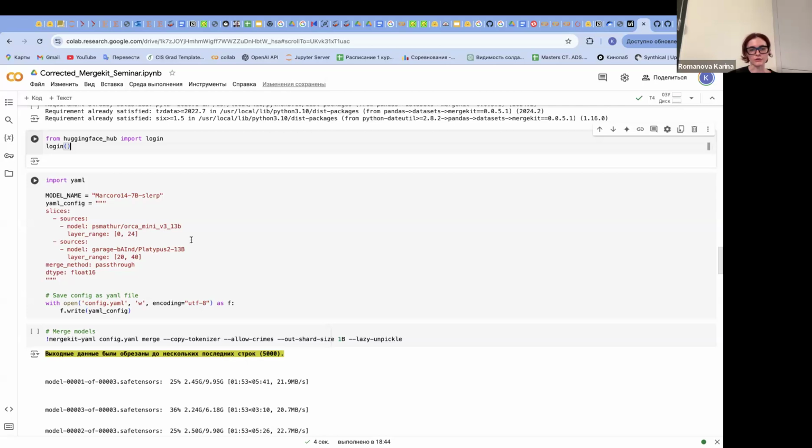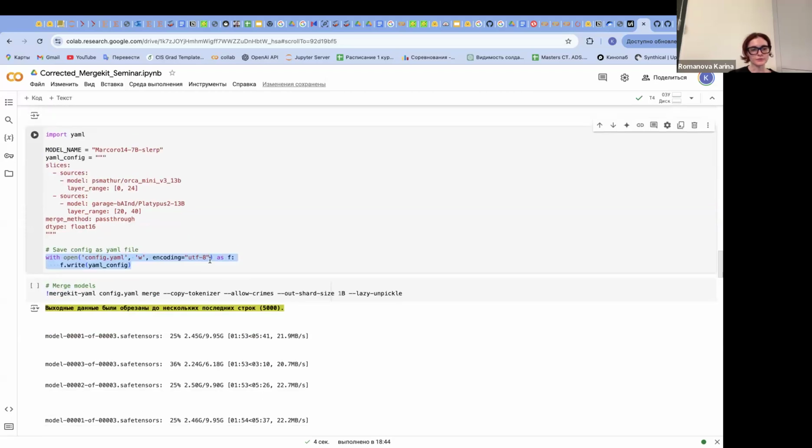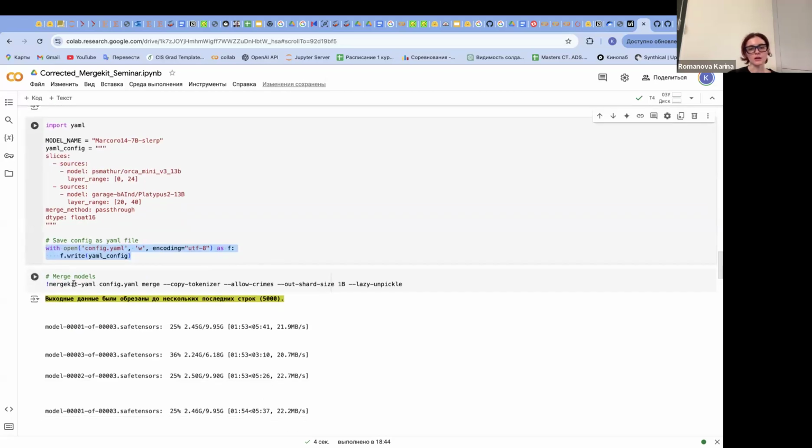Also, the configuration is saved to a file named config.yaml. And here we defined these lines of code. We use the mergekit-yaml command to perform the merge based on our configuration, and the flags used include